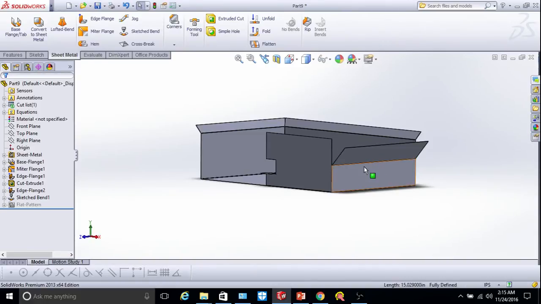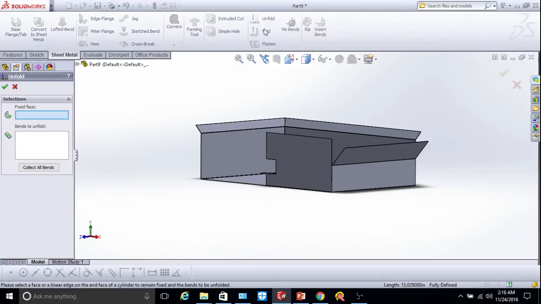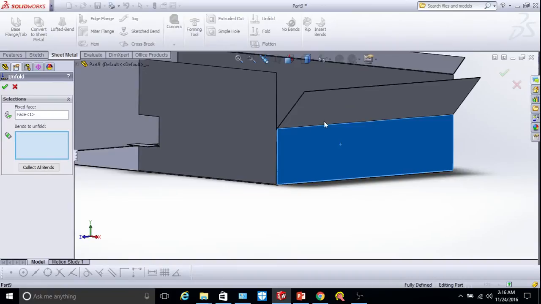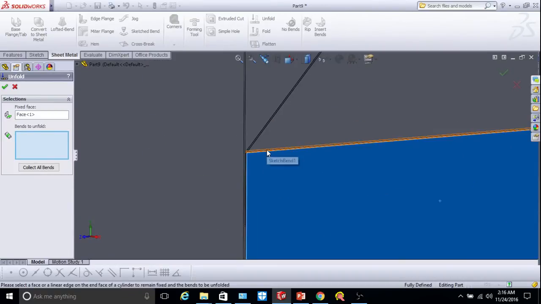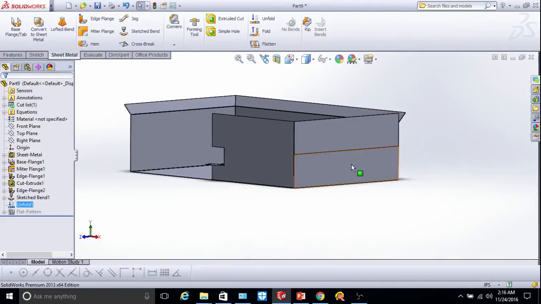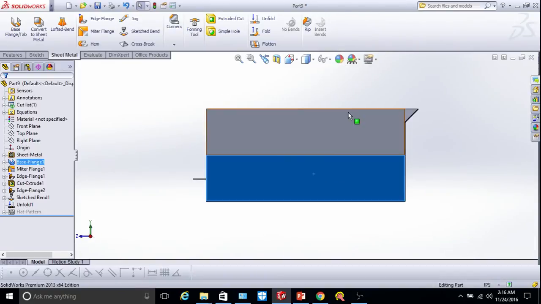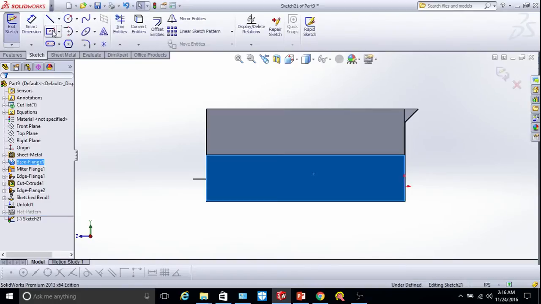Now if you want to put a regular cut on this face, first we have to unfold the bend, then create one profile on this face, and then fold it again. So first we will unfold it. Say this is the fixed face, and bends to unfold, so this is the bend which we want to unfold. Click OK. Now draw one regular profile on this face, so go to the sketch,